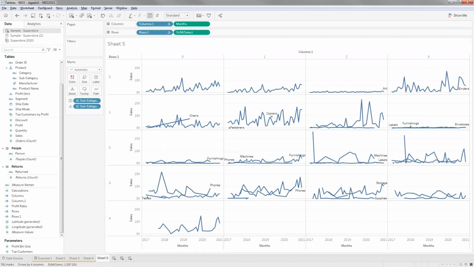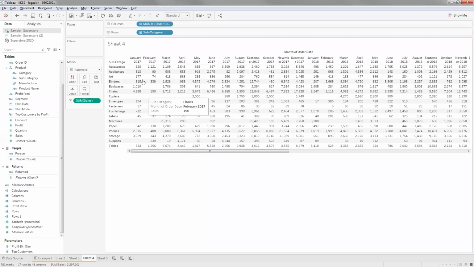So what's basically happening here is, since we have set up the table calculation across the subcategories and for each month, Tableau is saying: for bookcases, in this month I'll go in the order of all the subcategories, and I found a value, very good, so I'll use this for January 2017. For February 2017, in this month, I'll go in this order of subcategory, and for bookcases I didn't find any value, so I'll find the next value that is present, which is chairs 190.